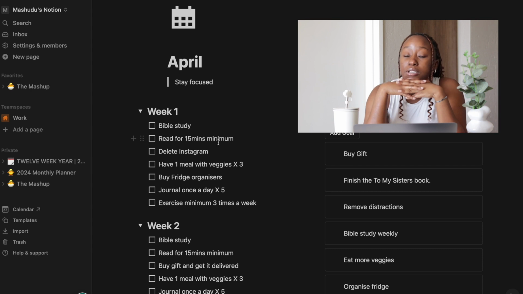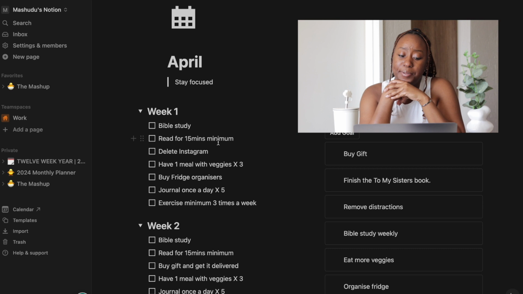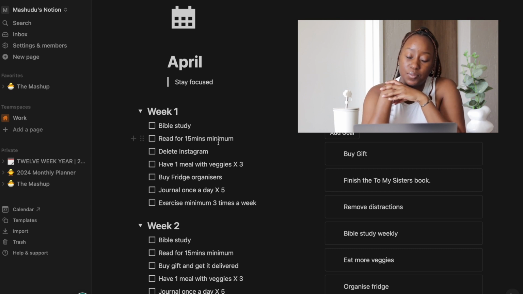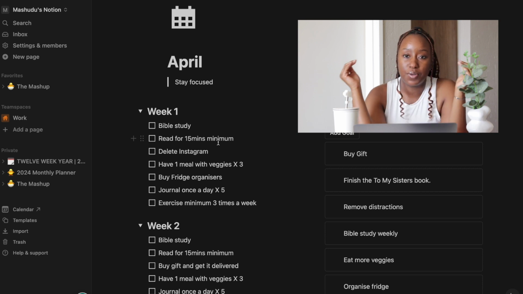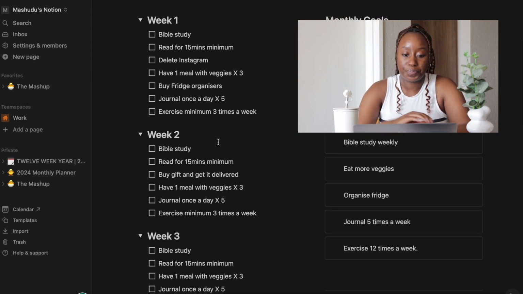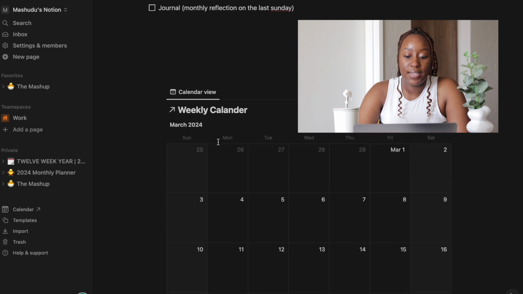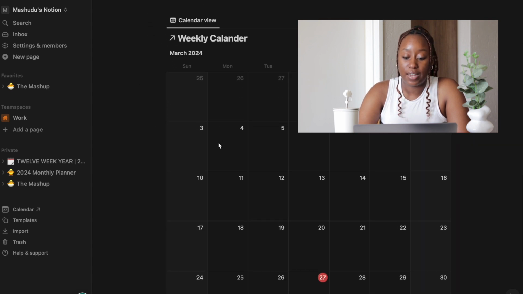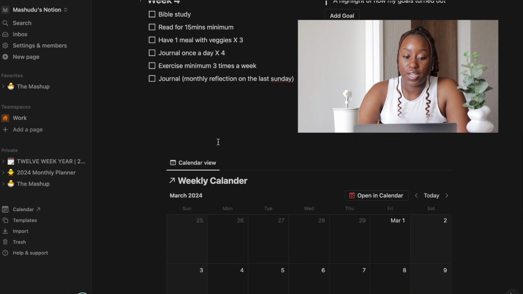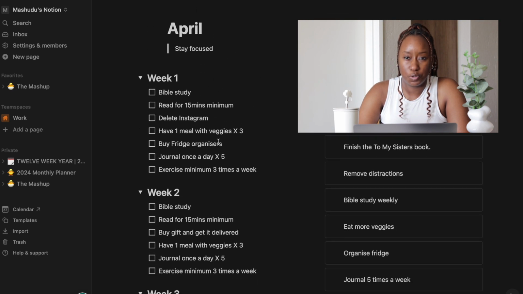Exercise minimum 3 days a week. That's not too bad, to think about it, because it's a weekly view and not a daily view. And I'm not gonna add anything on the calendar for now because I'm scared to commit to days.